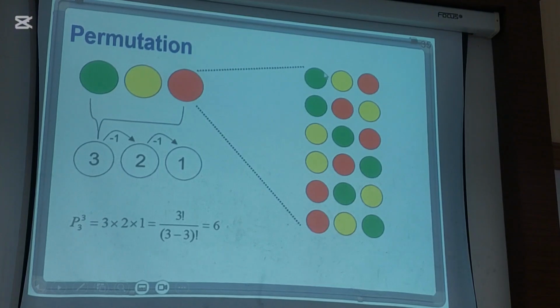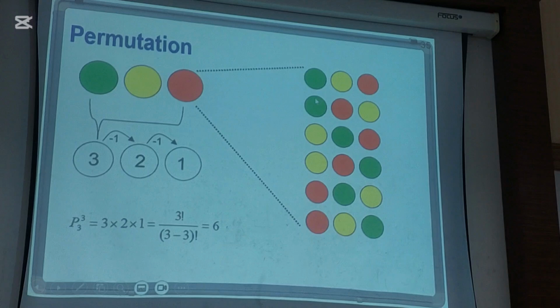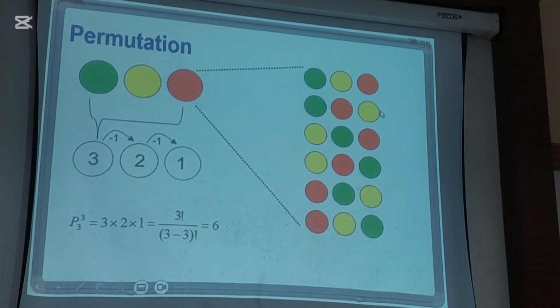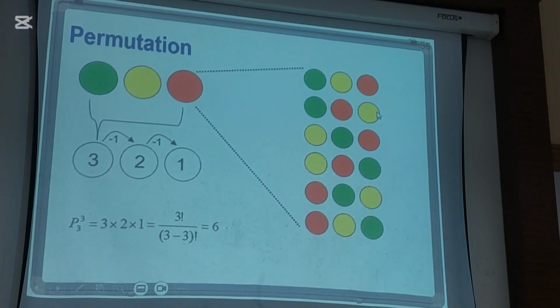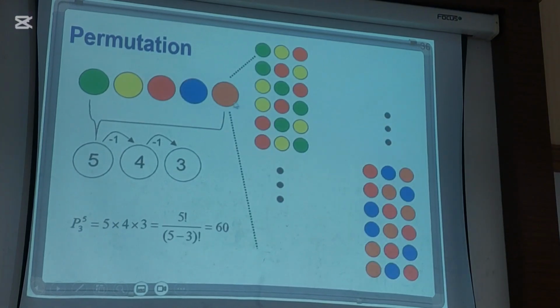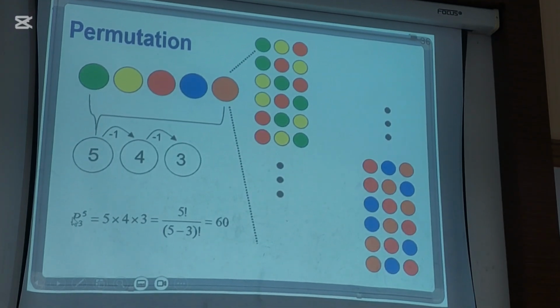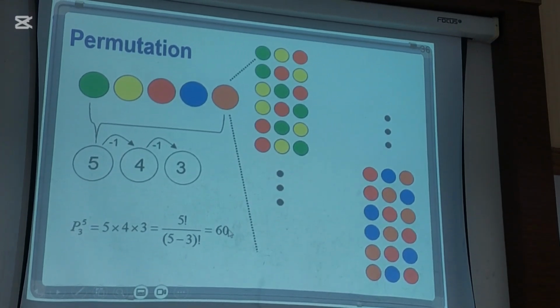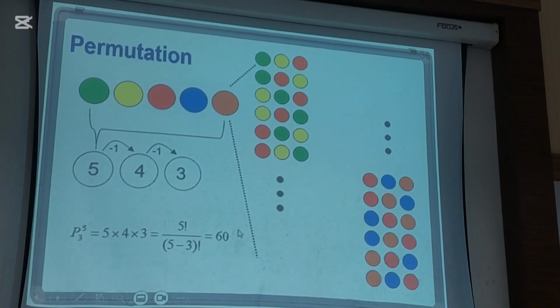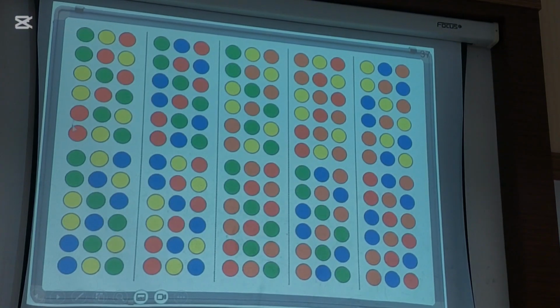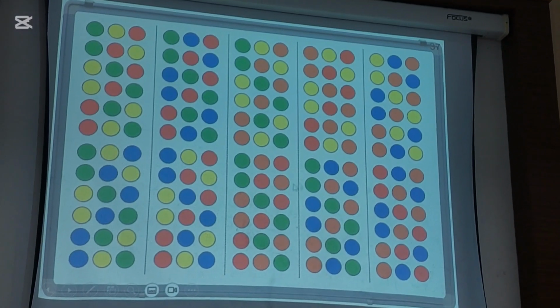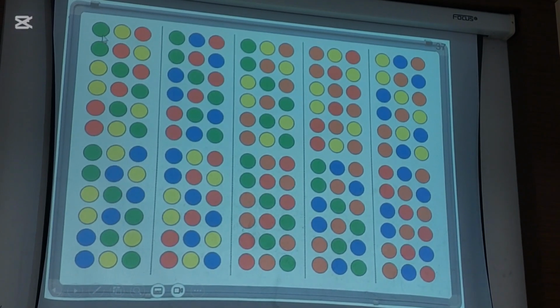So if we have green and then yellow and red, and this is green, red, yellow, this is different. The order is important. This is for permutation. If we have 5 objects and then we have 3 positions, we have 60 ways. So this is about the permutation. So when we have green, yellow, red,